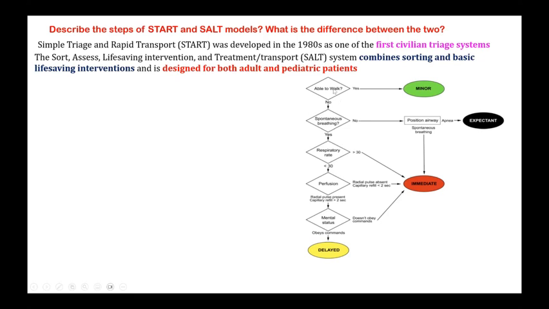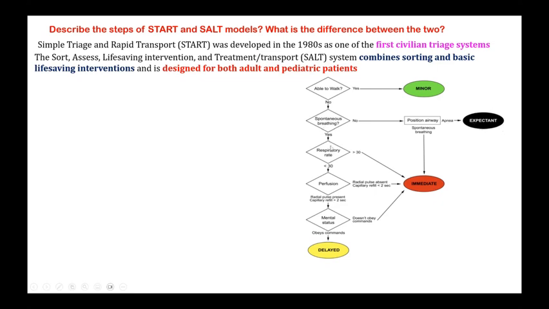So first look at the patient, whether he is able to walk. Yes means it's a very, very minor injury, given green color coding. Okay? So just make him wait and check. Don't spend excessive time on that patient. Patient not able to walk, whether he is spontaneously breathing. No, then position the airway. See whether the patient is still not breathing. Is it because of an airway problem, cardiac problem, or neuro problem? And whether he can be salvaged. If he is totally apneic, that means he is likely to die. So he is given black color coding.